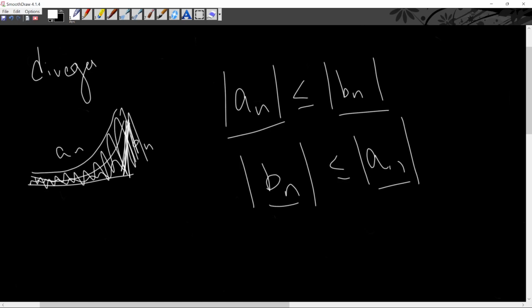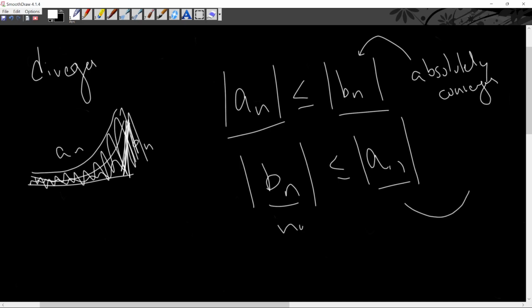If there was an alternating part, then perhaps A sub n and B sub n might both conditionally converge, but this absolutely converges if this converges, and if this is not absolute convergence,